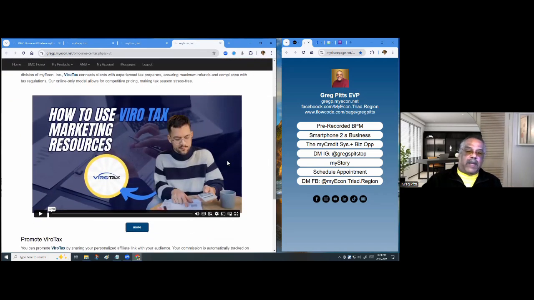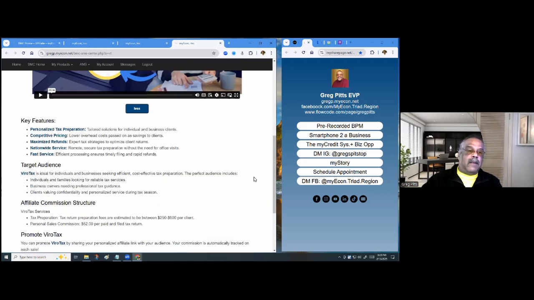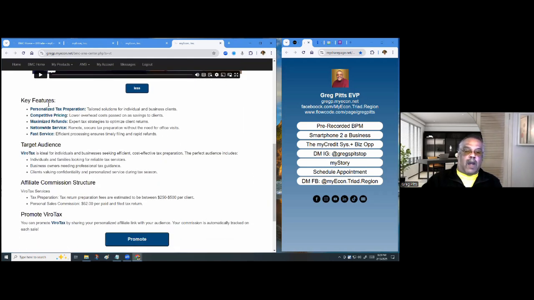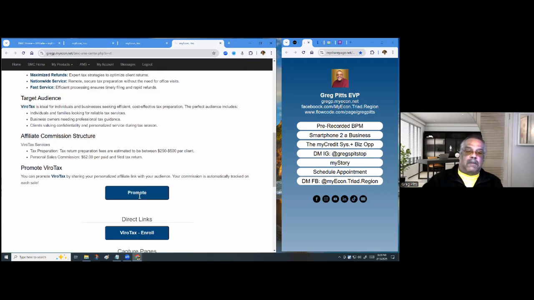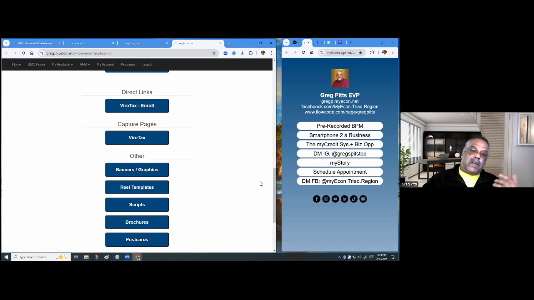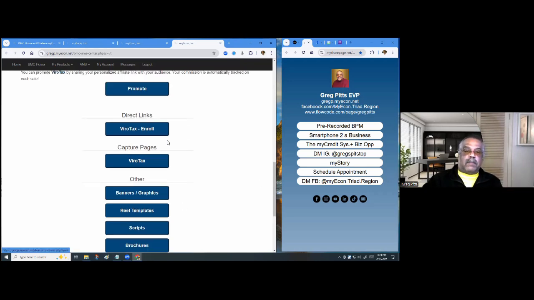If you need to know more about the viral tags, hit your more button, see what the key features are. You'll notice the price and the commission structure in the same place, and how to promote the viral tags. So what I'm going to do is just hit the promote button, because inside of here, if you want someone to just directly enroll into the viral tags, let me just hit it here